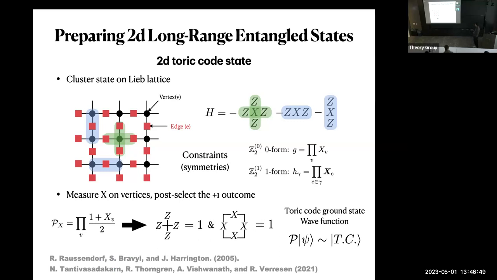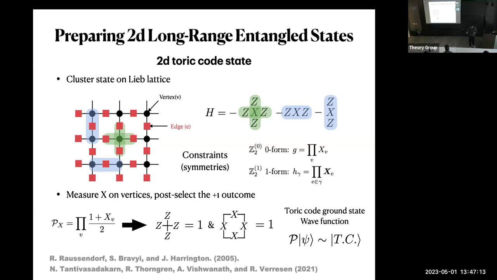So by measuring the X operator in the center, you're essentially having a constraint for the product of Z's to be 1. And because this symmetry is intact, you will always have this loop operator of X equals 1. So you will generate a toric ground state by doing a measurement on the vortex. So you see this